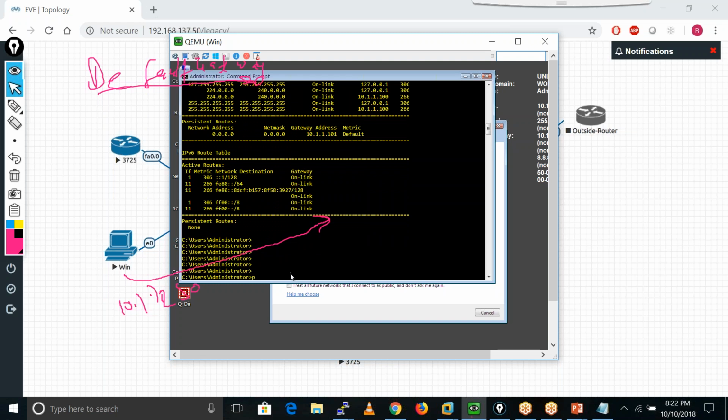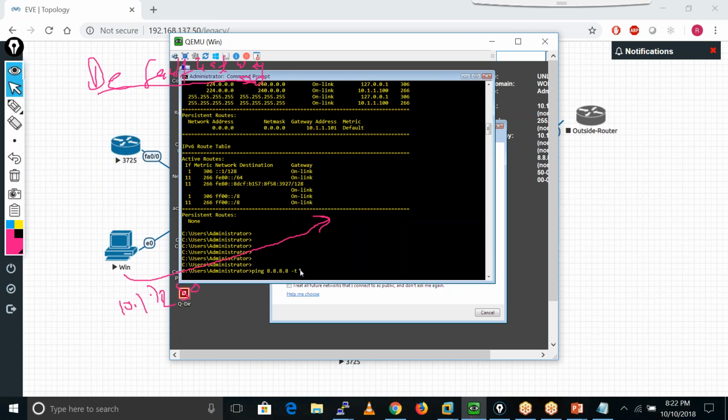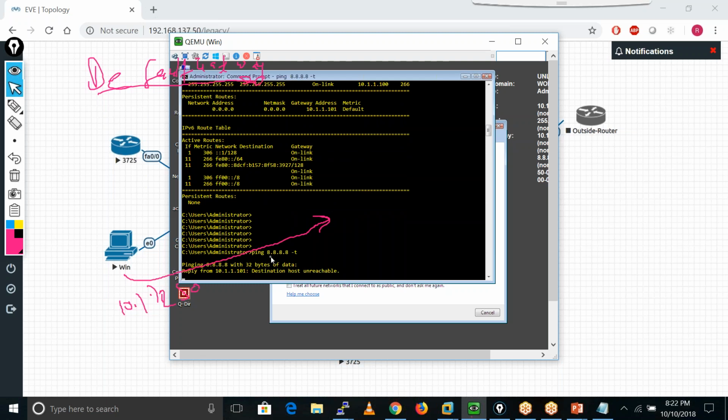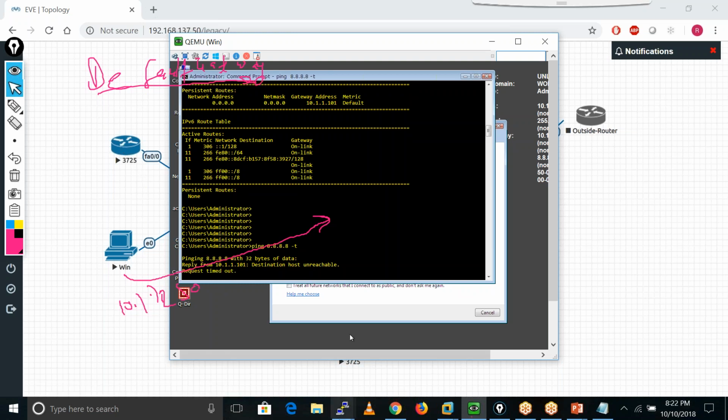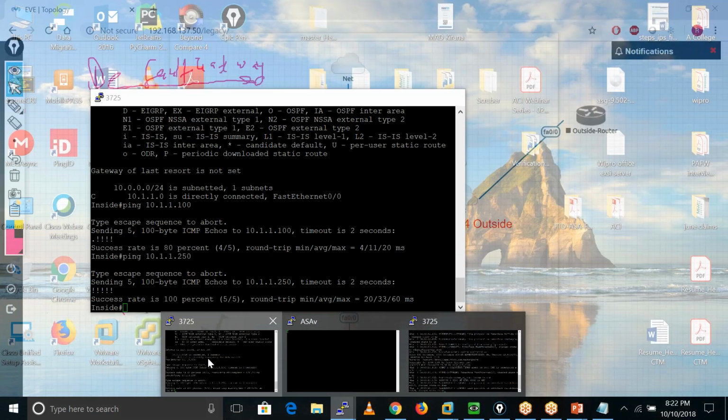So let's suppose I initiate a ping to any public IP address, like 8.8.8.8, which is the IP address of Google. I'll use -t to initiate a continuous ping. So now this system is sending all the traffic to us, to this system. If I go into this system,